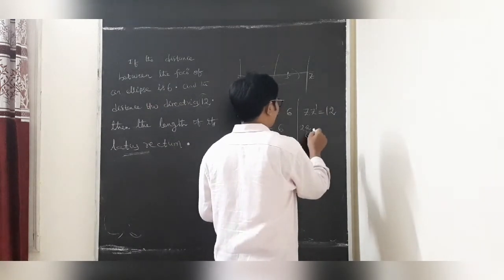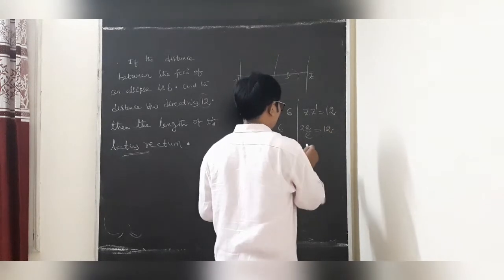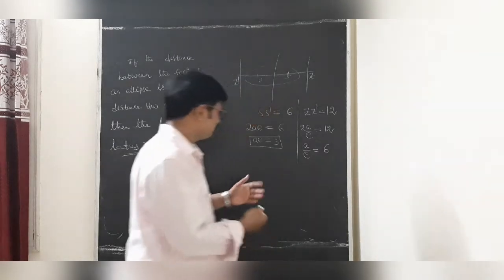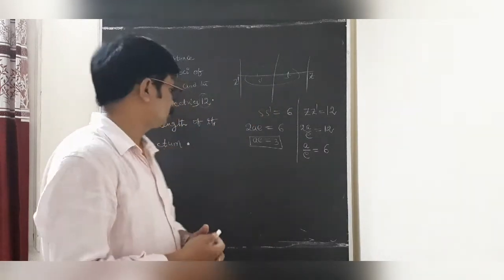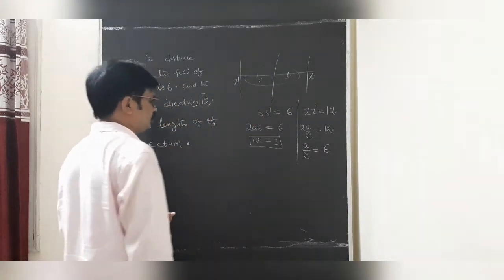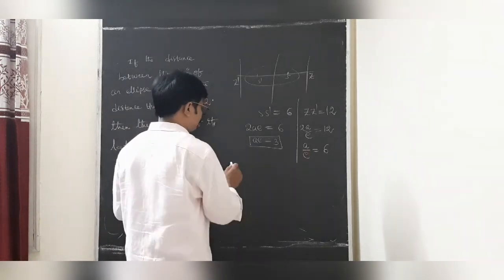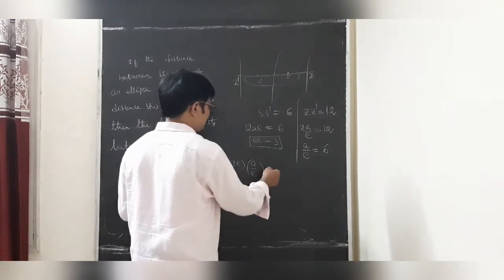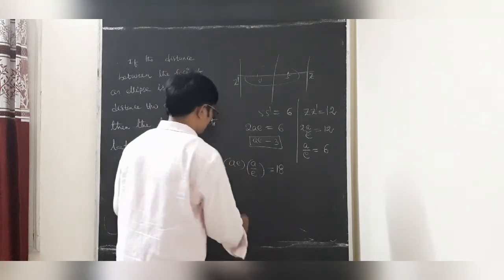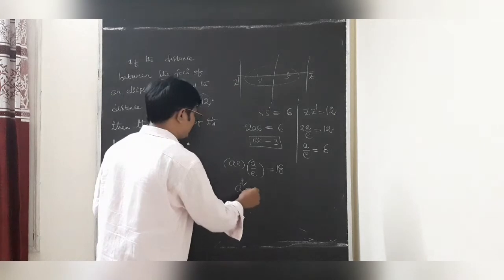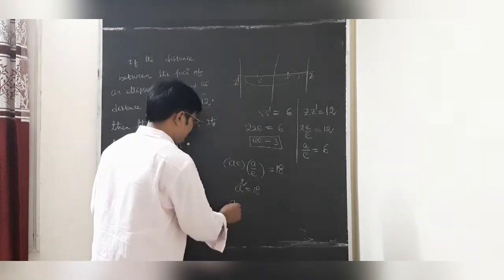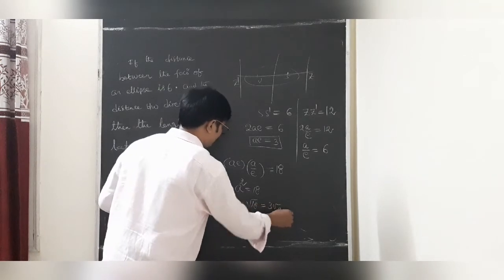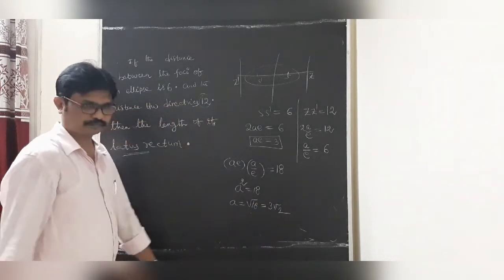Undoubtedly, 2a by e equals 12. And as students, a by e is 6. What is happening here? Now students, when you multiply these, ae is multiplied with a by e, so ae equals a by e, this is 18. So students, a square equals 18, a equals root of 18, that is 3 root 2, the value of a.